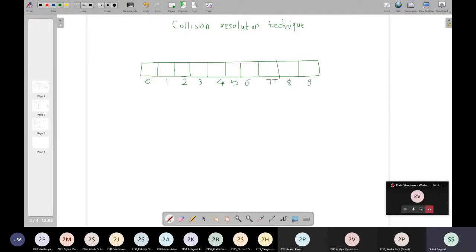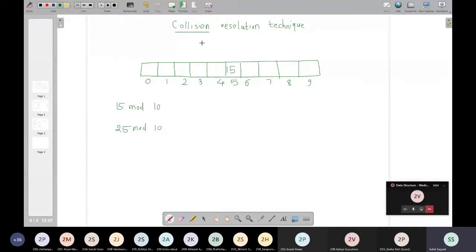Now suppose the method that I am using as my hash function is the modulus method, that is the division method. The first key value that I have taken is 15, as I told you. So 15 mod 10 turns out to be 5. So I store that 15 in the location 5, right? Next time, if I get another key value, 25, and I write 25 mod 10, it results again in 5, and 5 is already storing 15. This gives you the phenomenon that is collision.